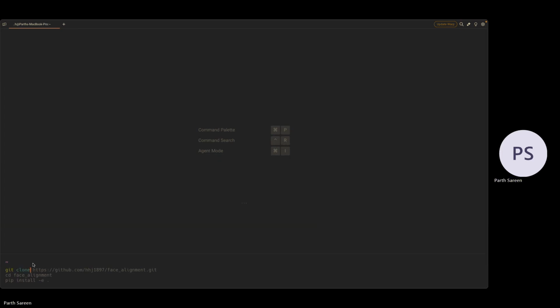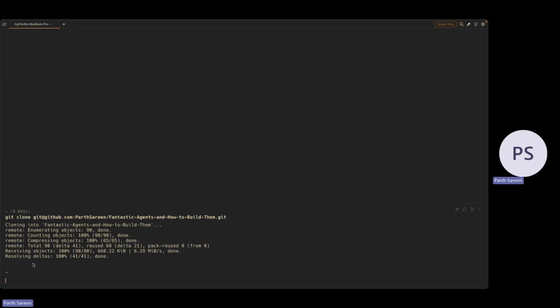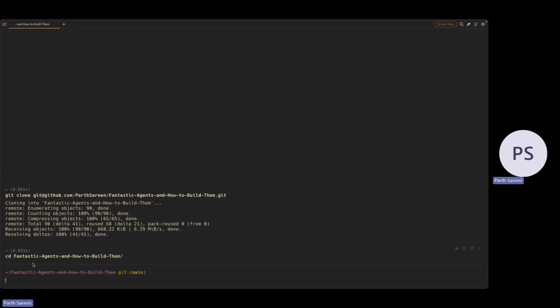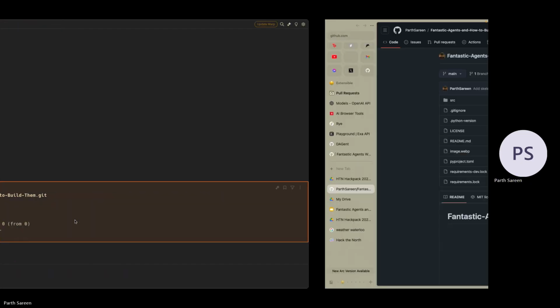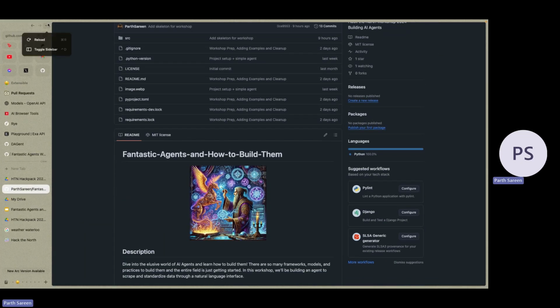So you want to do a git clone and then paste the repository name if you haven't done so. If you haven't done git before, just follow along. Then we will go into our directory. You don't have to follow all of these steps that I'm doing necessarily. If you want to just follow along and learn the concepts, that is okay too. Don't feel pressured in any way. And if you do run into issues, do let us know. Cool. So now we have our repository installed. We now want to go and see what is next.